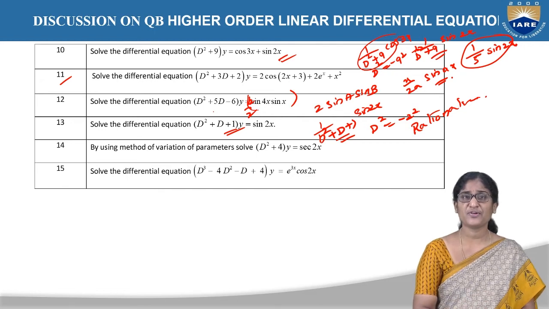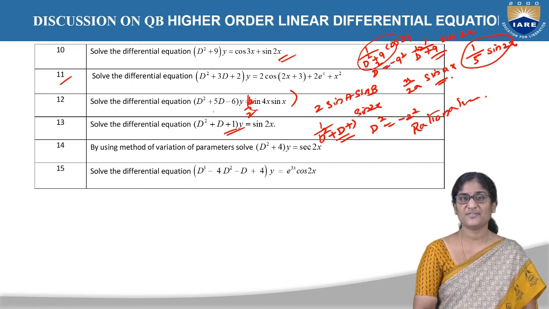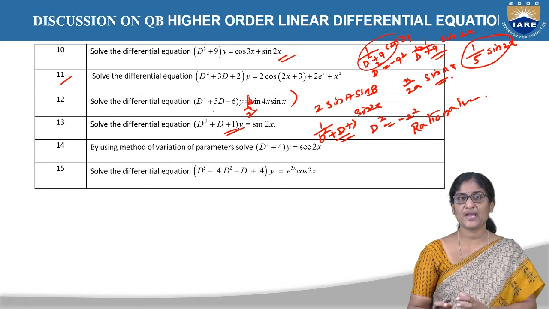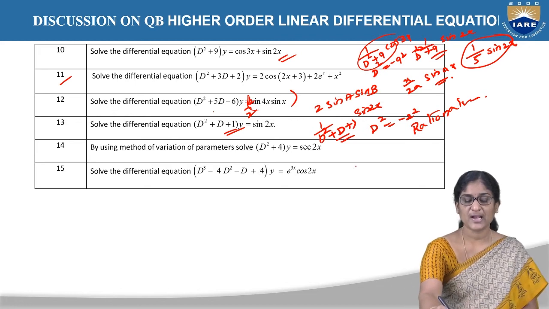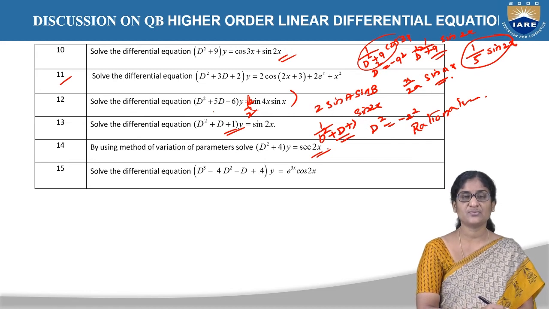And we have to frame the particular integral. What is a particular integral? Particular integral is equal to A u(x) + B v(x). So what is the A value? Minus integral of vR by Wronskian value dx. And what is the B value? That is integral of uR by Wronskian value dx. So after finding A and B, that can be added to the complementary function to get the general solution. So that is how we can do the 14th question, by the method of variation of parameters.